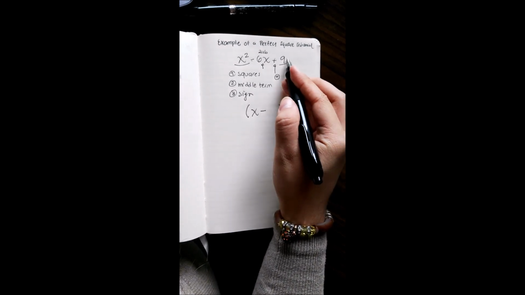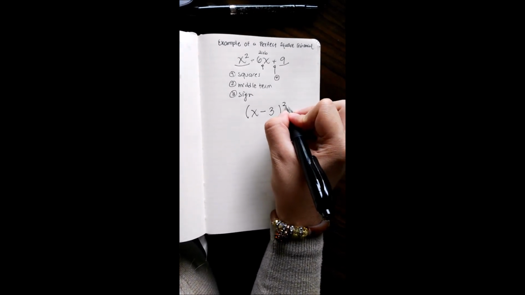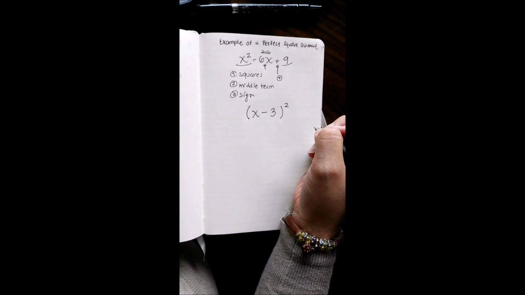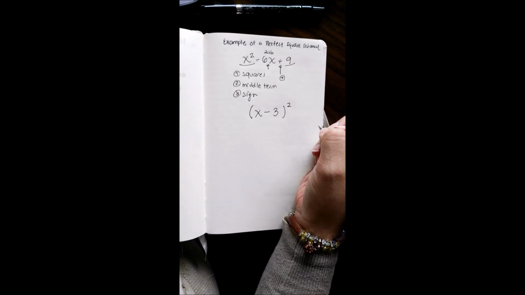Okay, therefore we could write it as the root of the first, the root of the last, the sign, and it would be an x minus 3 squared binomial. Okay,